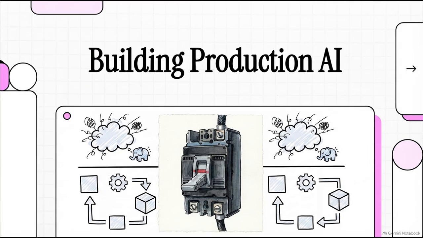Welcome to this explainer. Today, we are tackling the absolute elephant in the room when it comes to AI agents, unpredictable behavior. Look, if you've ever felt like your AI agent is just a little too chaotic for mission-critical tasks, well, you are definitely in the right place. We're going to draw a hard, architectural line today between a fun weekend prototype and a robust, reliable enterprise system.